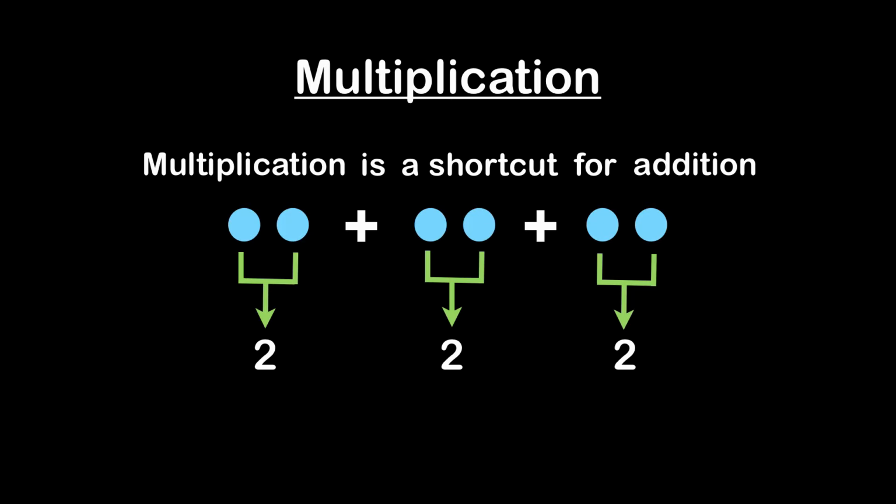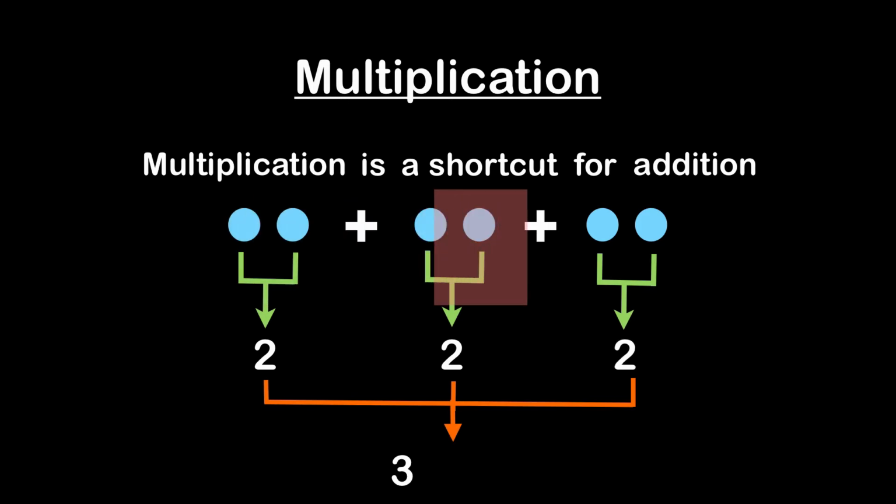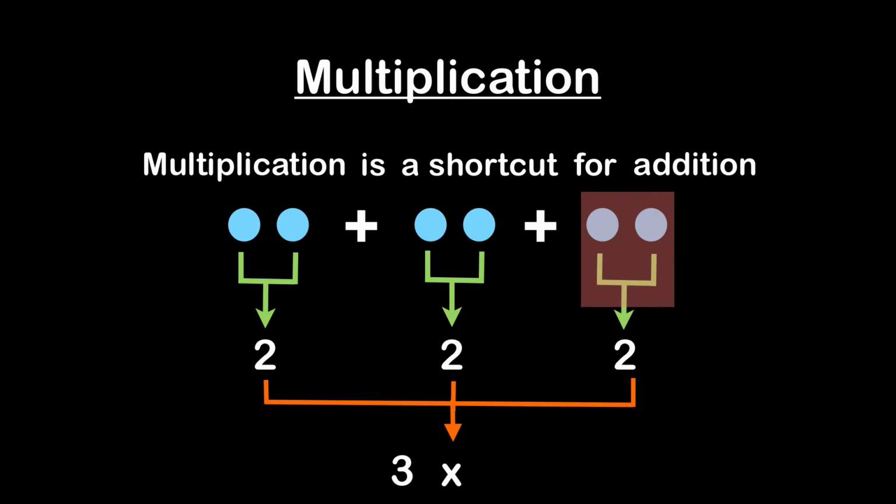So here we can see we have three sets of 2. Let's add our first 2, which is going to give us 4. Then we bring down our remaining 2, which we add with our 4, and it's going to give us a total of 6, which is the same as using our multiplication shortcut and say 3, which represents the number of groups or sets, 1, 2, 3, times 2, which is what the groups are made of,